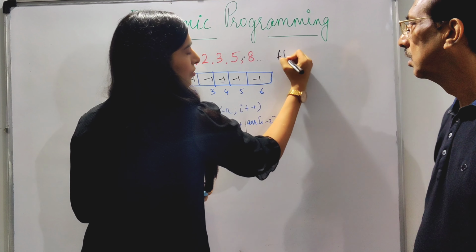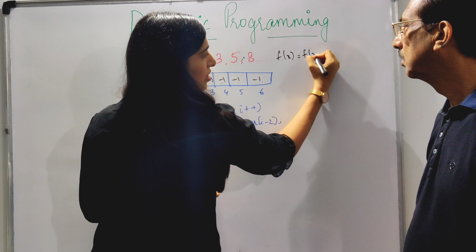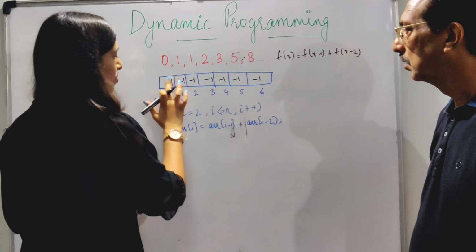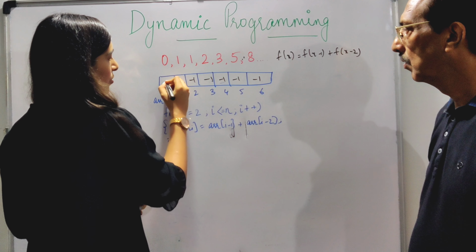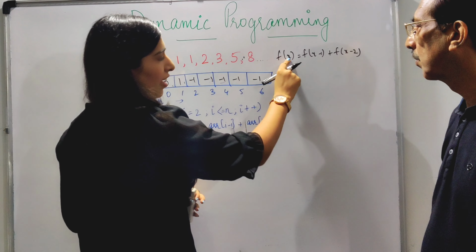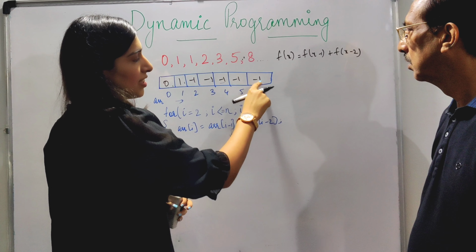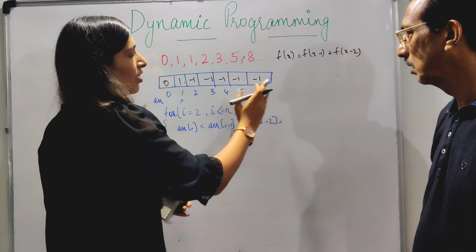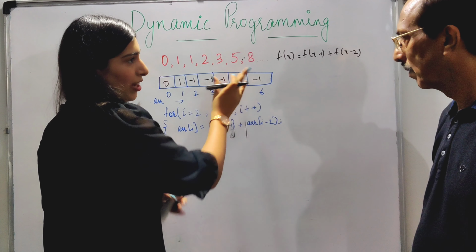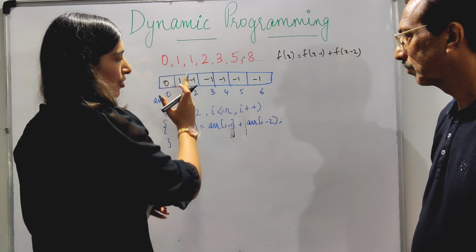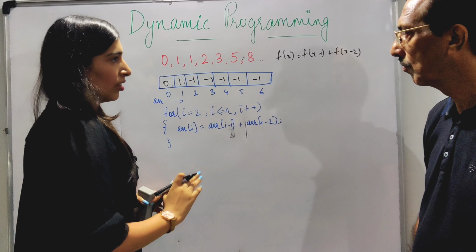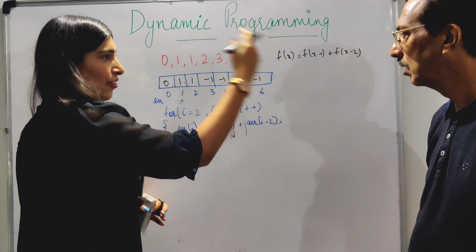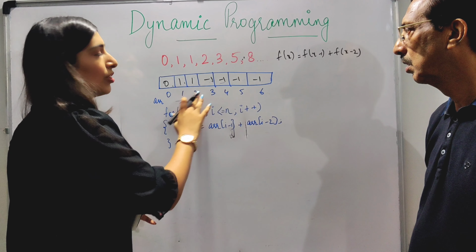Now we do f of x equal to f of x minus 1 plus f of x minus 2. First we update the initial conditions, that is 0 and 1. Then we start from 6. We come over here, we see the value has not been calculated yet. So we calculate this. For f of 5, f of 4, we see the values have not been calculated. Again for 3, for 2. Then we calculate for 2, and we store the value. So the next time when we come from another part of the tree, we don't calculate again.